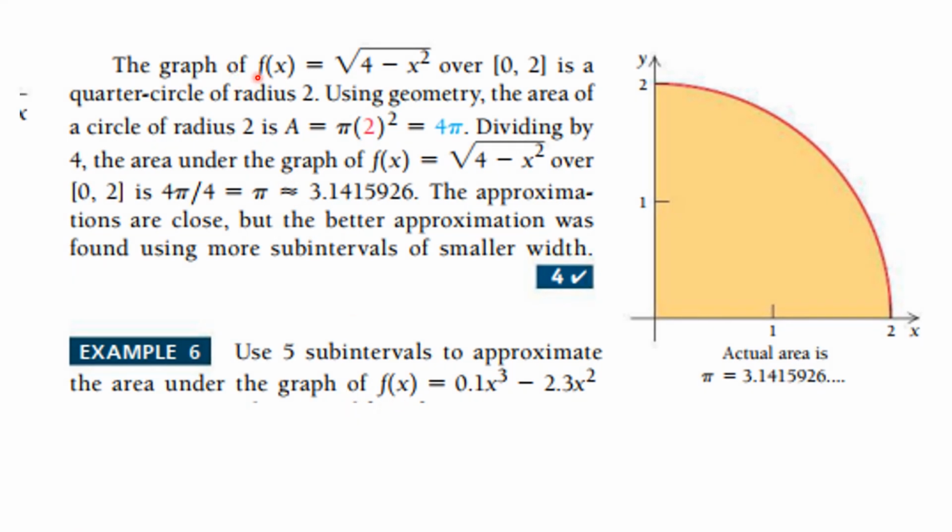Now, what is the actual answer? Well, this is a quarter circle, and the radius is 2. So the area of a circle is pi, that irrational number, and this is what it is to those many decimal points. Dot, dot, dot means it never terminates, never repeats. So it's going to be pi, that number, times the radius squared. So you see area is pi times 2 whole squared, which is 4 pi. And if you think about what 4 pi is, it's close to,